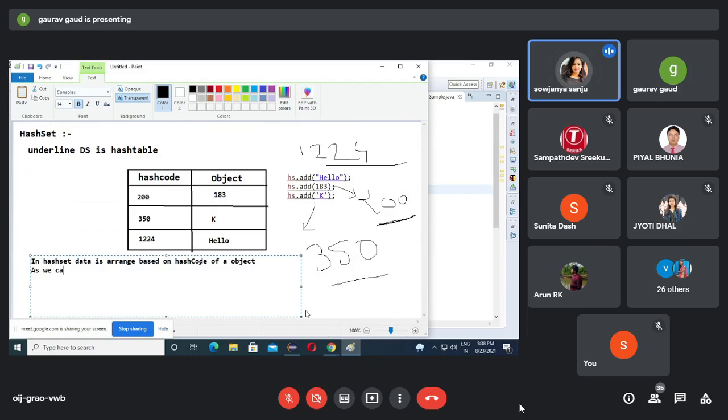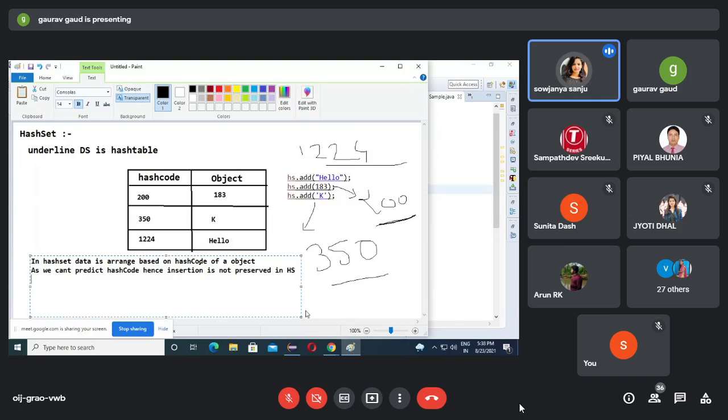As we can't predict hash code, hence insertion order is not preserved. Is everyone clear?